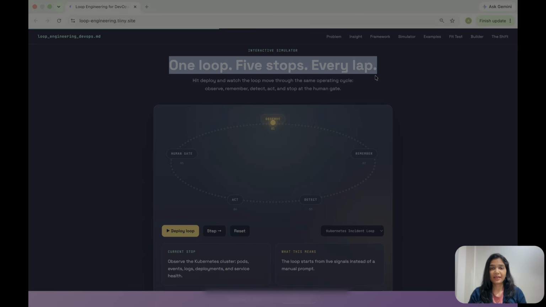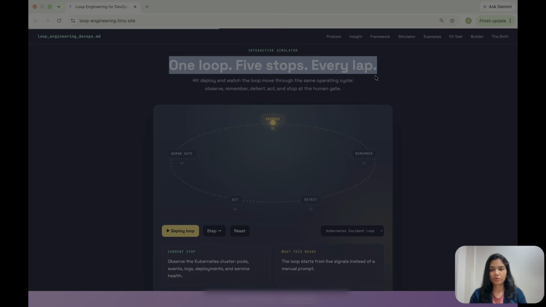So as you see, it is completely systematic. It follows every step, and only then it creates the solution for you. And you also decide: if there is some non-production environment or non-critical work, then you may want AI to take action on your behalf. In those cases, you might not want to involve the human loop.